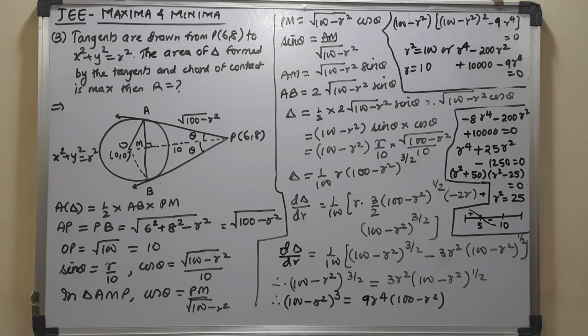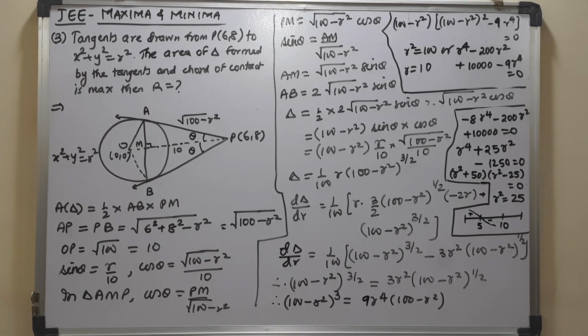You yourself check for r is equal to 10, what you get. I hope in this part, other than the calculation blunder which I made, very small and simple mistakes but should not be done. But it is okay, sometimes it happens. Finally I got that at r is equal to 5 it is maximum. I do not know about r is equal to 10 and